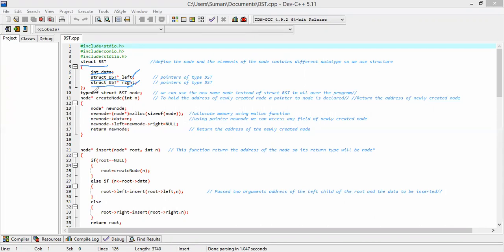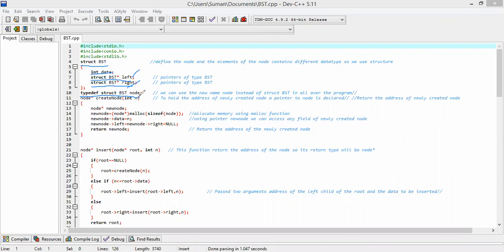Now we use typedef: typedef struct BST node. What is the purpose of this? In C, you have known that typedef is used for naming purposes.